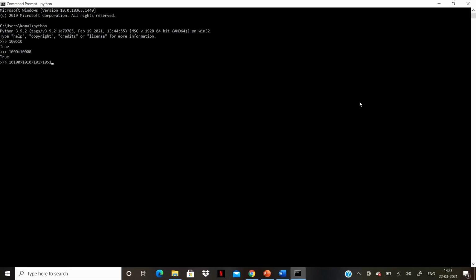This is as well true. 100 is less than 50, which is greater than 10. This is not true, as 100 is clearly bigger than 50.